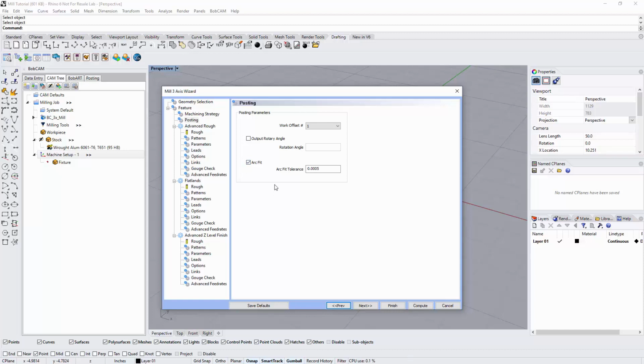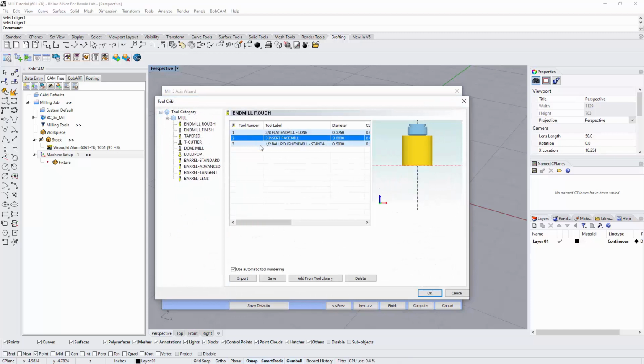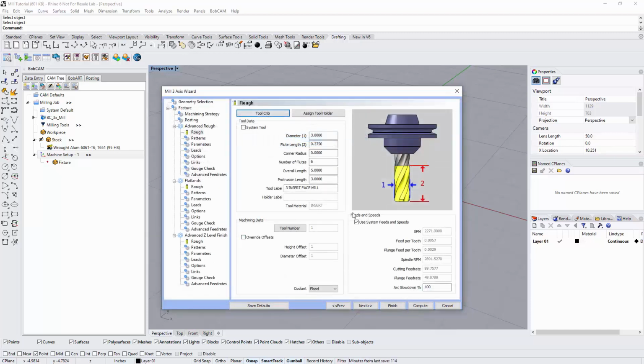If you don't turn that button on, everything is going to come out with line movements, and you're going to have a really long set of code. Next, we then have our advanced rough. So we'll see by default, it grabbed that 3/8 end mill. I'm just going to go up to the tool crib, and I'm going to choose my 3-inch insert face mill and hit OK. And it doesn't show really great, but really you just have to know what your depth of